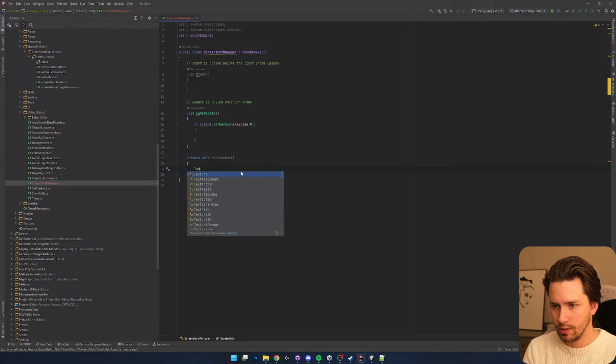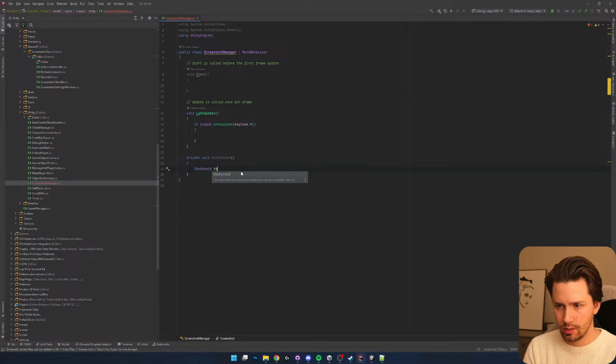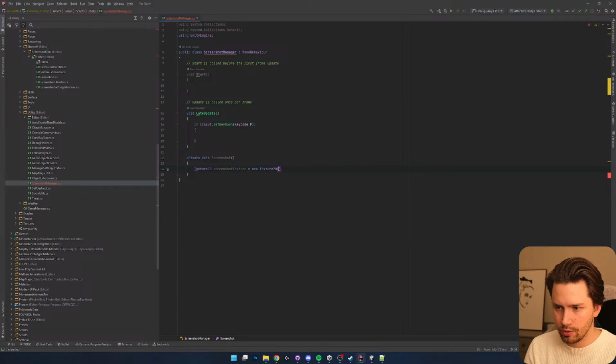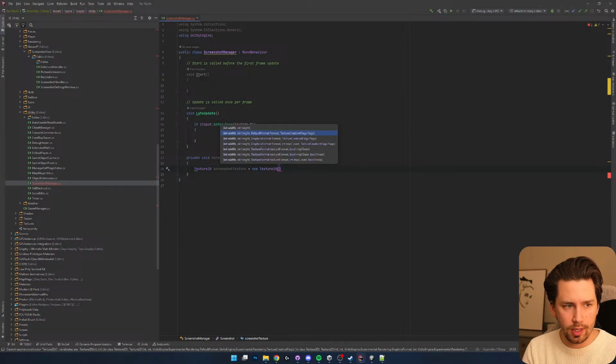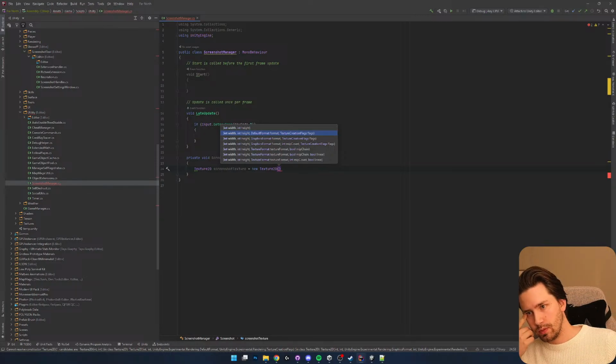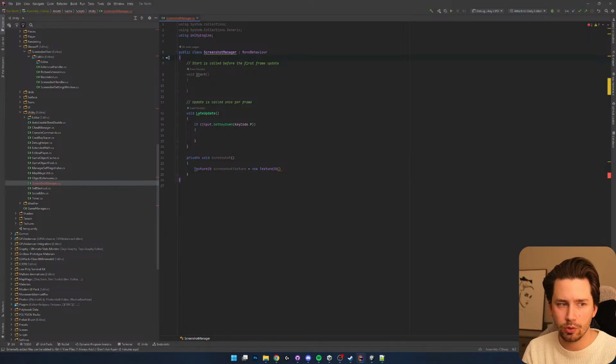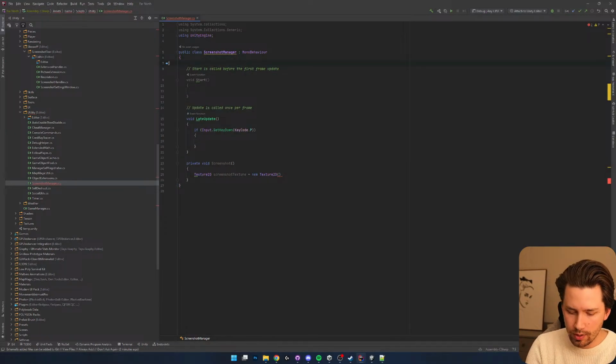So let's do a Texture2D, call this screenshot texture, and we're going to get this using new texture, and we're going to input the width and height. We could capture just the actual window, but instead we can do